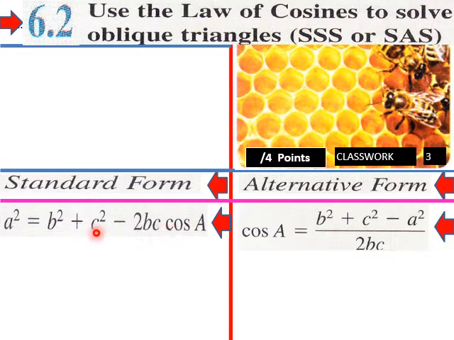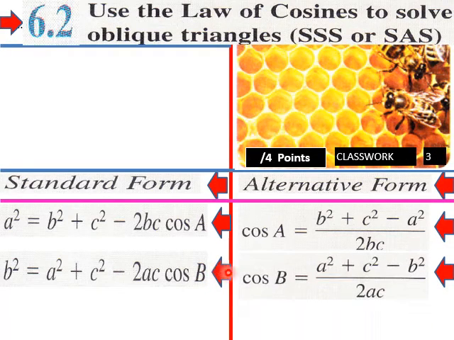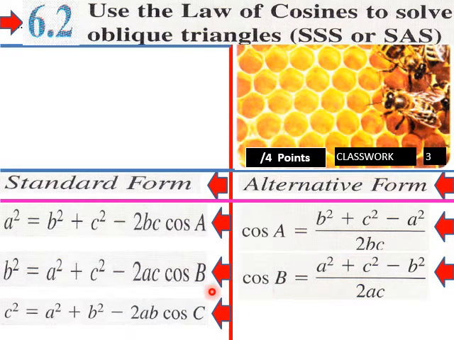And then the alternative form of this would be we would isolate our cosine A, and that would equal b squared plus c squared minus a squared over 2bc. And then our next standard form would be b squared equals a squared plus c squared minus 2ac cosine B. And then the alternative form of that would be cosine B equals a squared plus c squared minus b squared over 2ac. And then now for c squared,